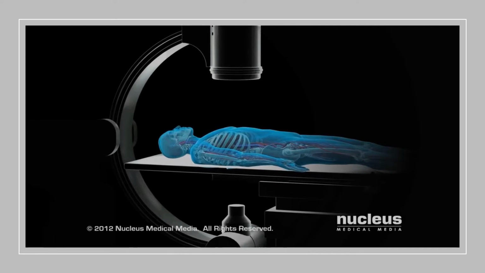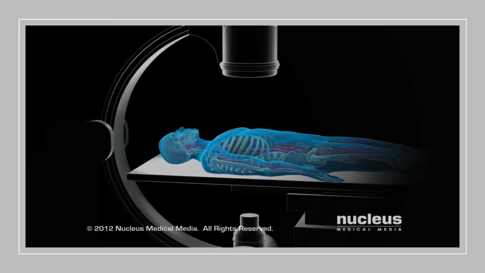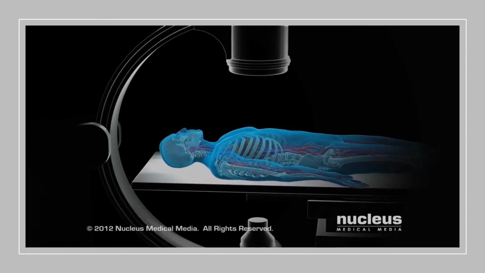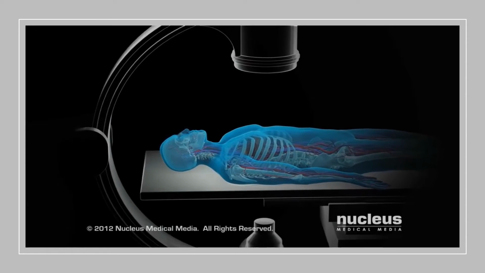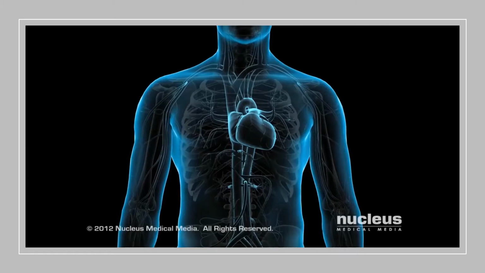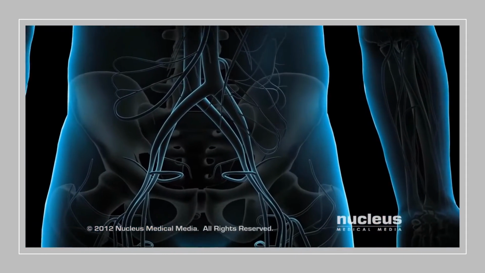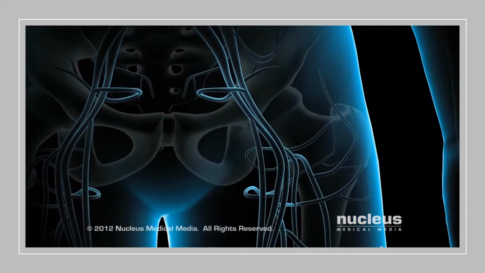In this video, it will show how the catheter is inserted into the artery for cardiac catheterization. A fluoroscope machine called a C-arm is an arc-shaped piece of equipment that generates X-ray from one side and photographs them on the other side. There are two ways the catheter is inserted.